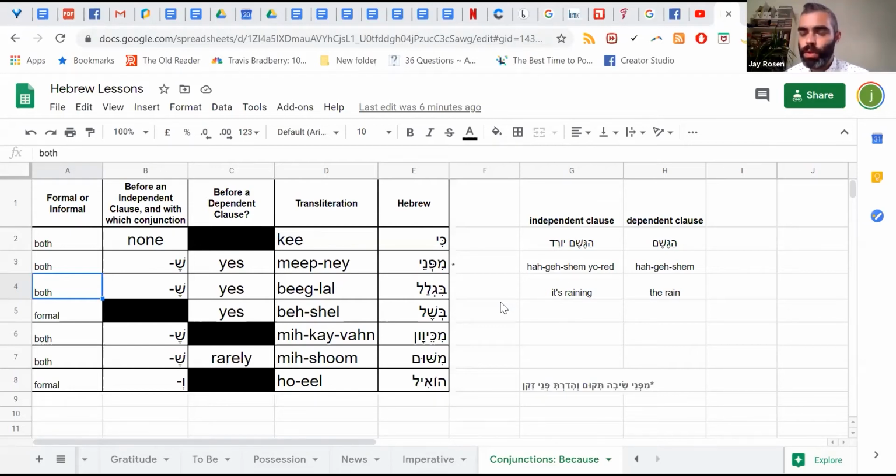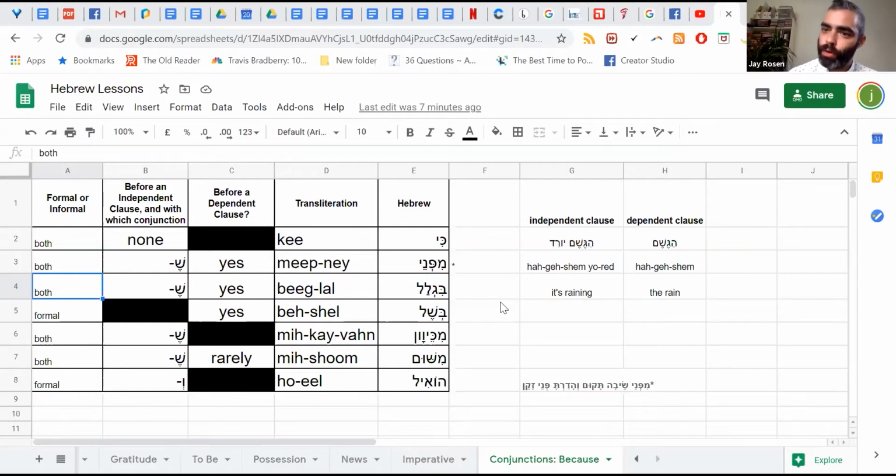Okay, so today we're talking about because. Because as a word is, as we say in English, a conjunction. Now, I'm not going to talk too much grammar, although it is important. A conjunction is putting two parts of a sentence together. It can be two words, like and or. It can be two parts of a sentence. And that's what we're talking about today, two parts of a sentence, which normally are called a clause.